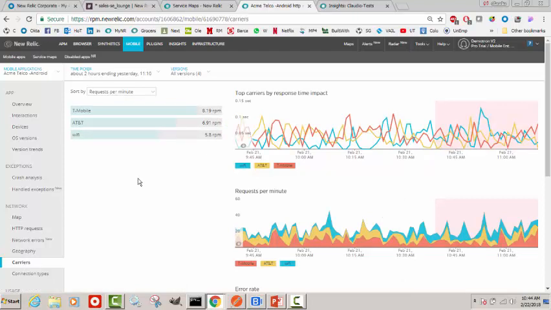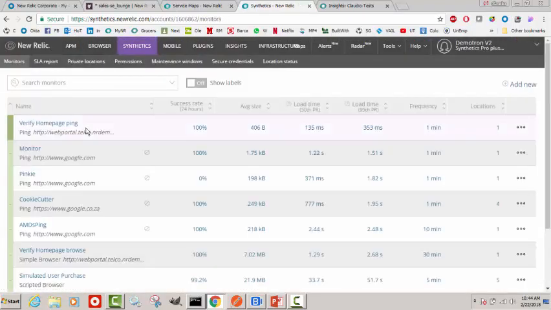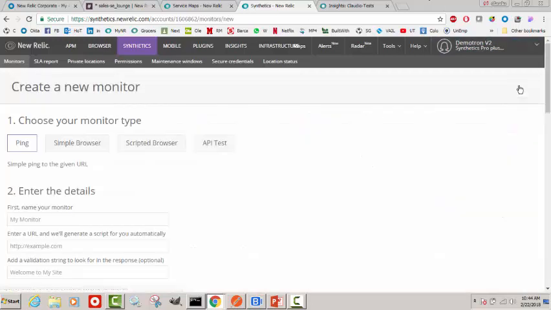But one thing I wanted to distinguish browsers and mobile from is synthetics, which is more of a robotic type of way of analyzing certain flows. And so you may not have people coming in from San Francisco, say, but you could have a robot that checks something from San Francisco. And by something, I mean that we have different kinds of synthetics. We can simply ping, simply look at a page, have a script that logs in, goes to a certain page, gets some data, sees if the data it gets is validated,